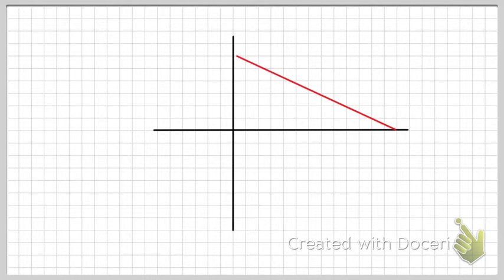We're going to pick 2 points here. 1, 2, 3, 4, 5, 6, 7, 8, 9, 10, 11, 12, 13, 1, 2, 3, 4, 5, 6. Okay, so we're going to try to pick 2 points along that line where we see it really intersect. Here's one, and here's one. Okay, you can pick any 2 points, but I tried to find ones where they really intersect